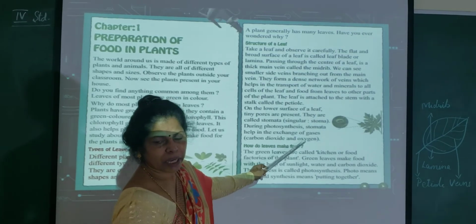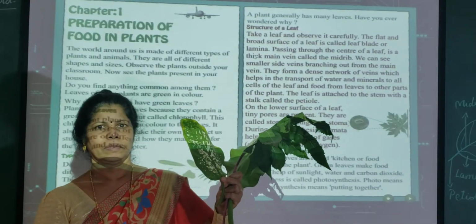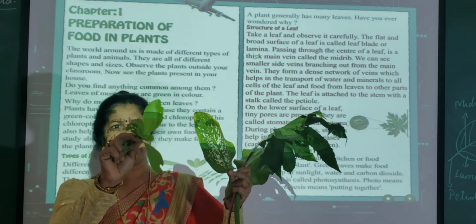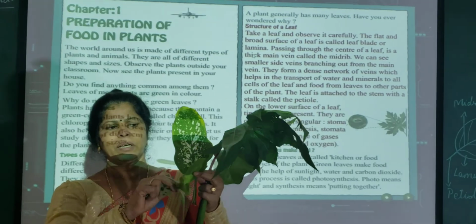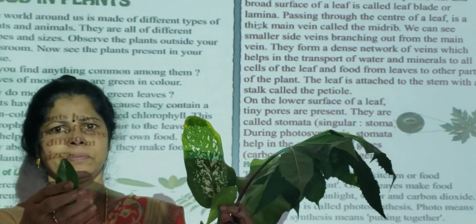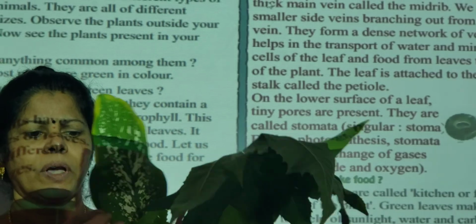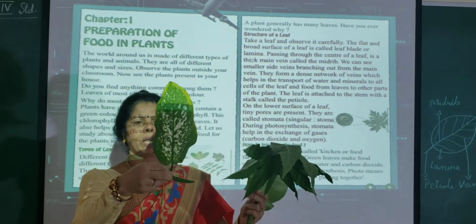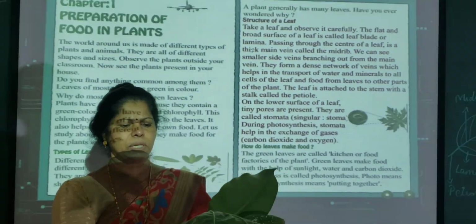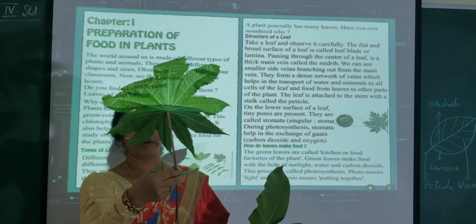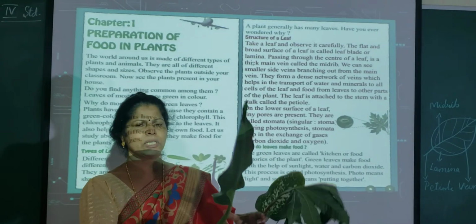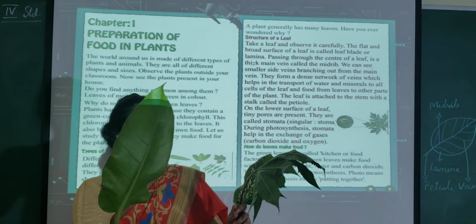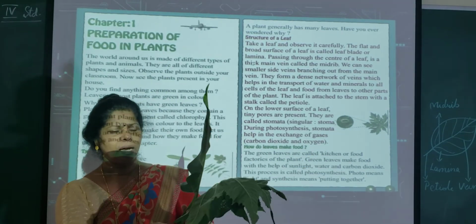Let me show the leaf practically now. Now children, can you see? Leaves have got different shapes. You can see here, this is smaller and the shape of this leaf is different from this leaf. Can you see this leaf, okay? Then you can see this leaf. See the shape and the size of it. You see this one, this again is different. You see this one, this again is different, isn't it? But almost all the leaves have got the same parts. The parts are, I'll show you here.